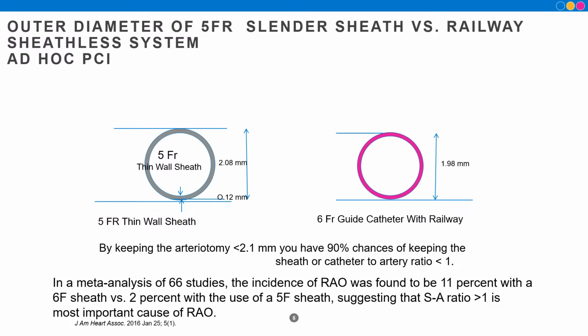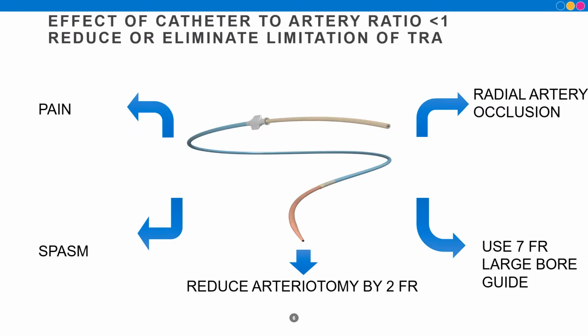So using the Railway Sheathless Access system, I can exchange the thin wall 5 French sheath with a 6 French guide catheter, and that's how I can keep my arteriotomy and equipment size less than 2.1 millimeter, and therefore there will be more than 90% chance that my equipment is smaller than the inner diameter of the radial artery, and therefore by keeping this ratio of less than 1, I can reduce or eliminate pain,